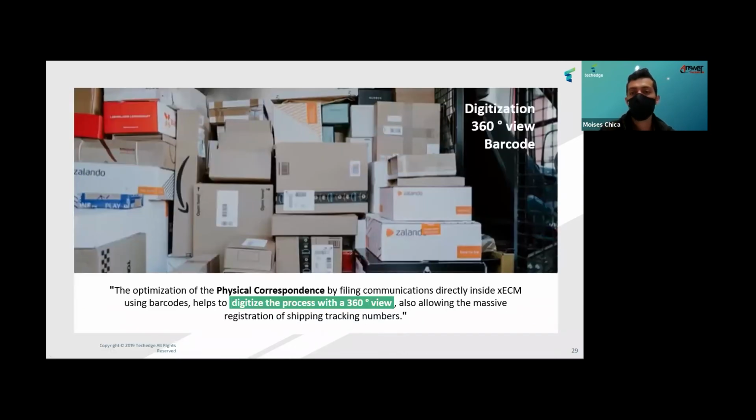So the idea when we speak about physical correspondence is to achieve the optimization of the process, by filing communications directly inside OpenText Extended ECM, using also barcodes, and it helps users to digitize the process and have also a 360 degrees view that will allow them to control the process, and also, for example, to register tracking numbers, shipping tracking. So our operators will have an entire control of the process, including tracking numbers and proofs of delivery.